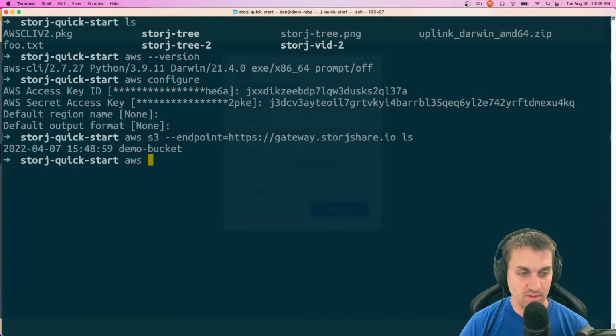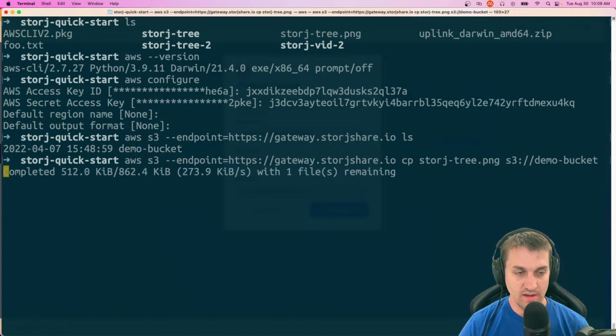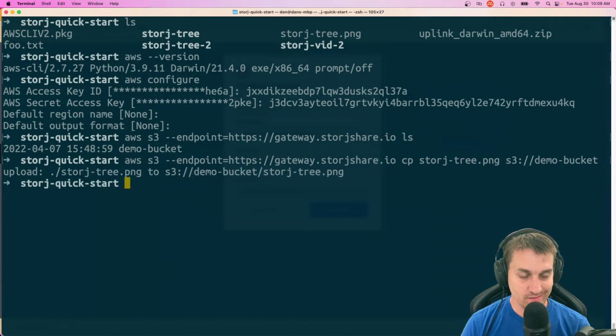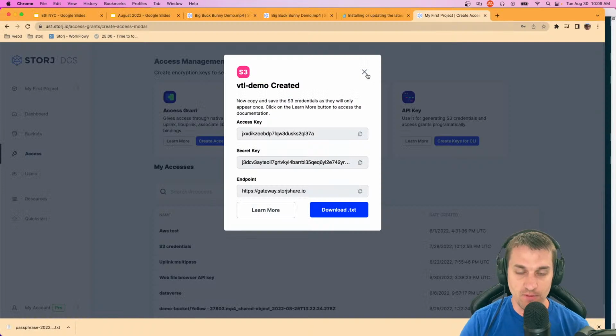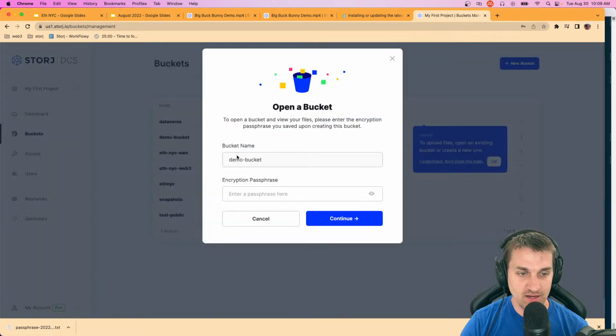So next I will want to copy a file into that bucket. And so let's go ahead and do my storage tree and copy it to demo bucket. And using the AWS CLI through our S3 compatibility layer, we can upload that file. And then I will go and just to show you that all things are working in my demo bucket,